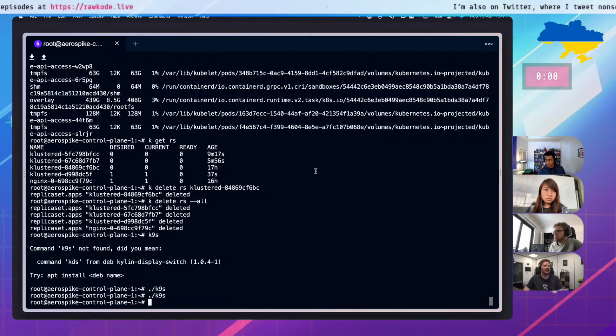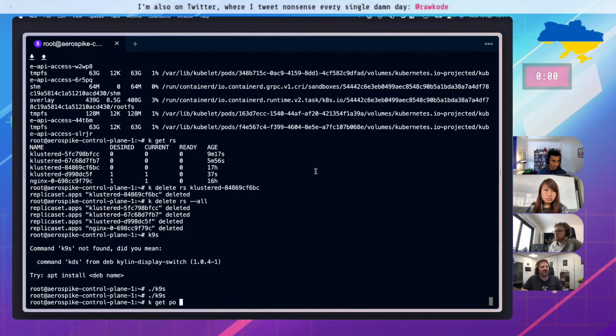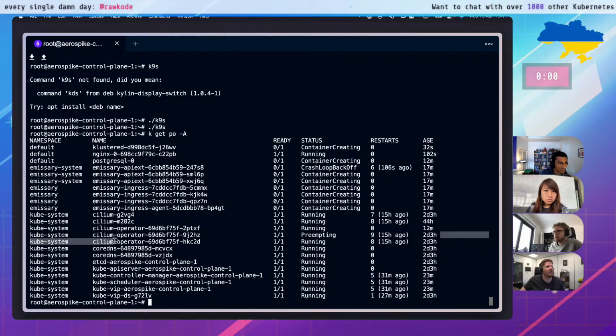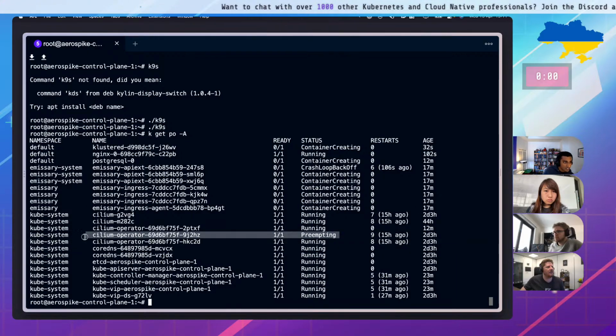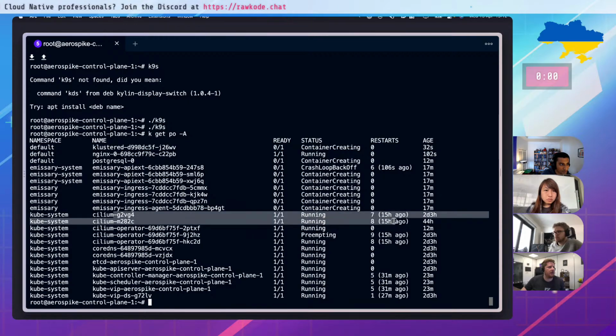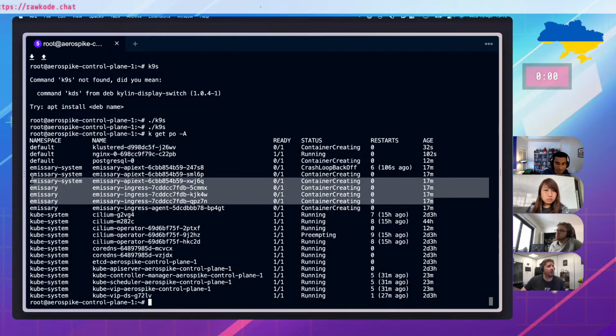What else might be unhappy? Let's run a get pods all. I think K9s is our detriment here. I think it's hiding stuff. So crash loop back off on API ext. Right, so we can ignore emissary. We got one of our Cilium operators. That's okay because we don't have enough nodes for that third one. Our Cilium does appear to be okay, although it has restarted a bunch of times. We got container creating for a whole bunch of things.